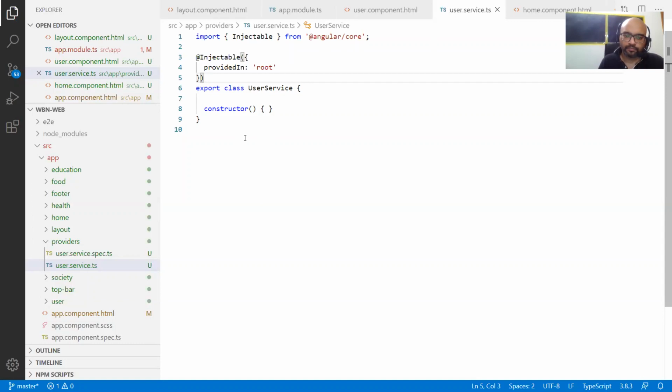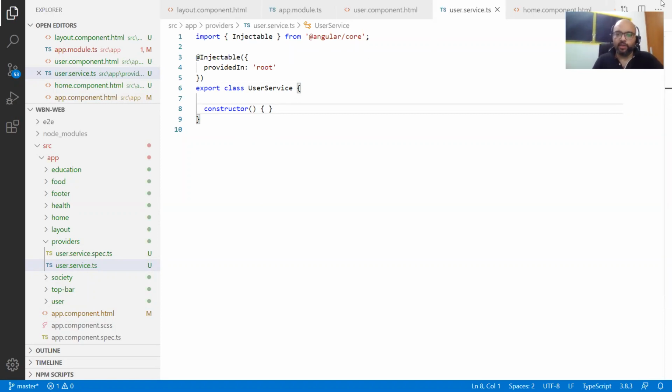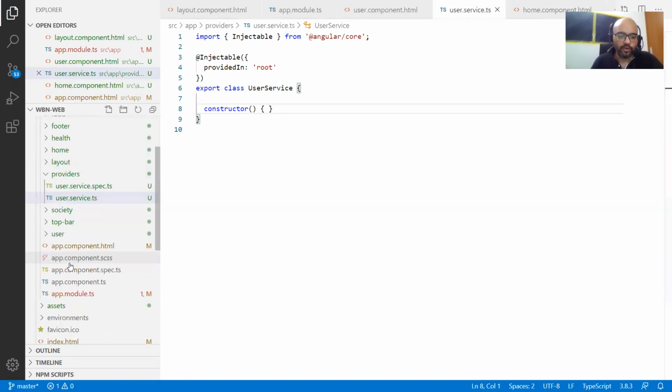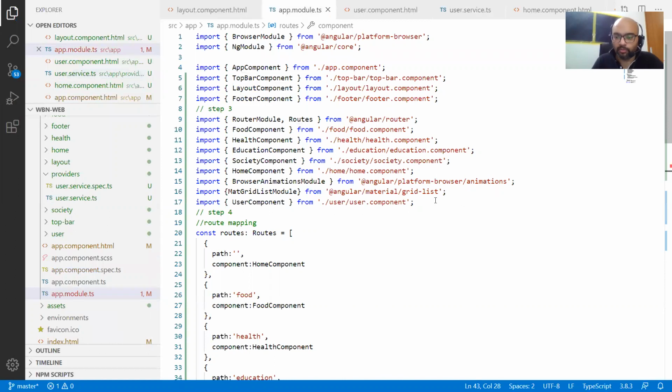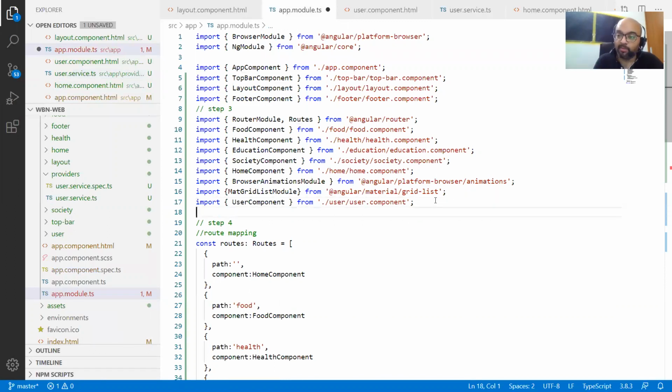So what else? Okay, let's start using it. So now the very first thing that we will do is we will go to our module file and add a module, because we are going to use HTTP module.